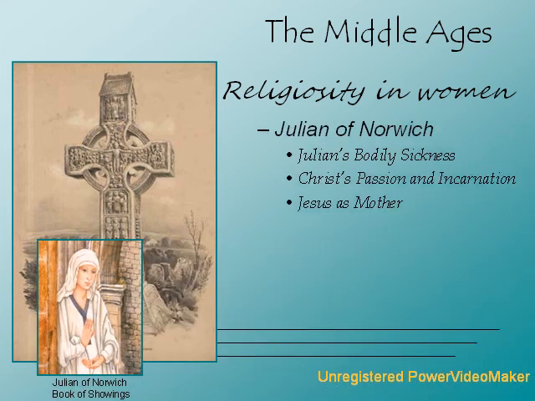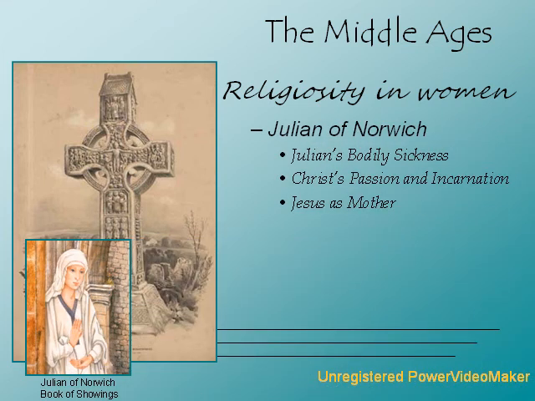At the age of 30, Julian of Norwich, a single, childless anchoress who devoted her life to total religious study, began having visions. These visions, dealing mostly with the Passion of the Christ, became the source of her meditation and reflection for the rest of her life. As the meanings of these visions became clear, Julian wrote down her impressions. Often these impressions, such as Jesus as a mother figure, were controversial.